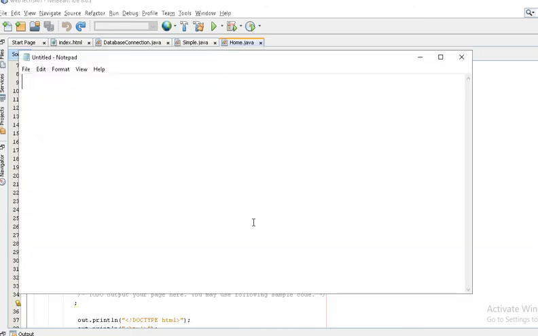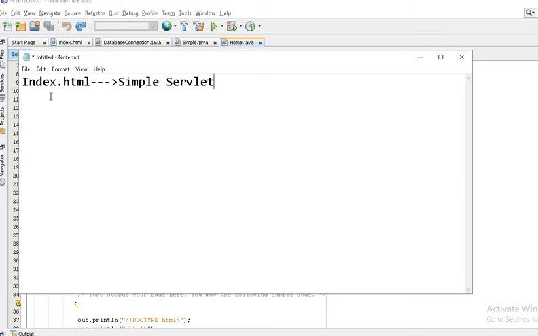Let's take a look at the layout, right? One is my index.html page, my first page. It will directly connect with the simple servlet.